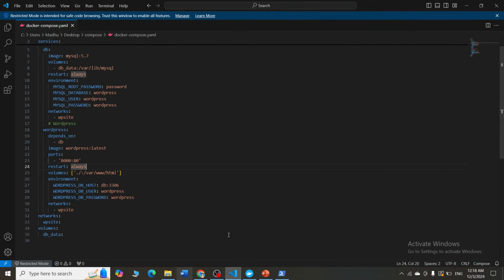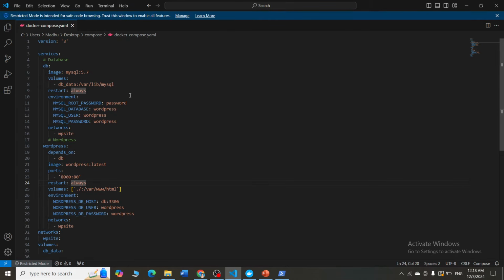The next thing you have to do is to save it. Save this particular file. Once the saving is completed, you have to run the setup. Okay, so you have to run this Docker Compose. So as I told you, you have two containers here. One is WordPress container, the other one is MySQL container. But you have written a configuration in Docker Compose in such a way that with a very single command, you are running both these containers at a time. So let's see how this happens.